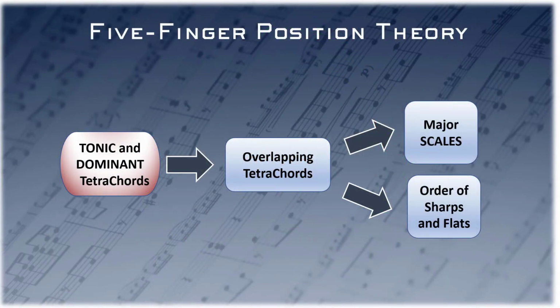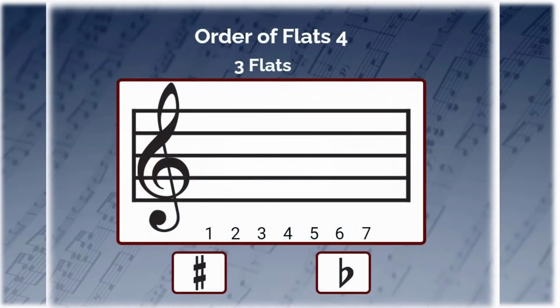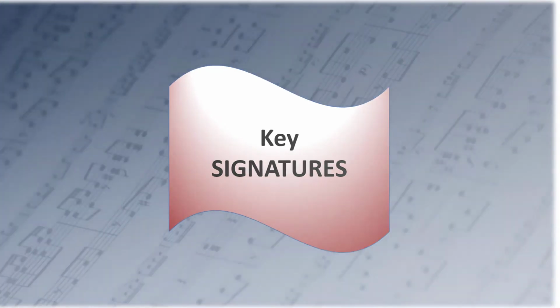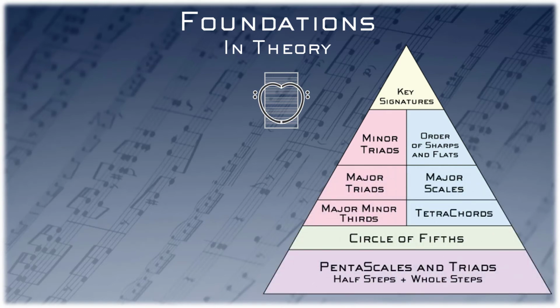PianoFonics offers 8 progressive decks for drilling the order of sharps or flats, starting with deck 1 with shadow accidentals and ending with deck 4 with no help. Overlapping tetrachords not only show the origin of scales, but also the origin of key signatures. Let's move into intermediate foundations to complete the remaining elements in the theory triangle with 3 bundles of elements and